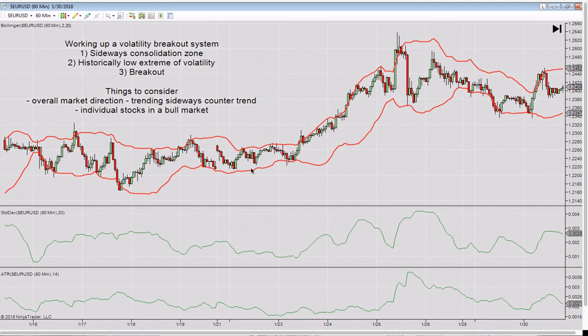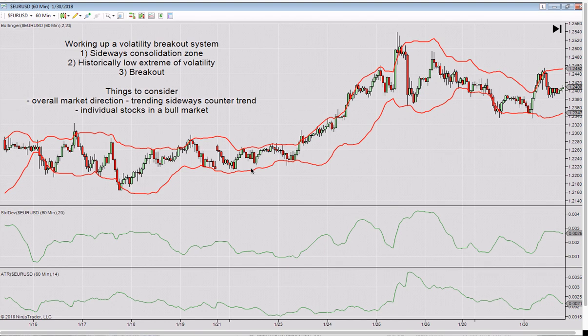Now, one of the things that I realized when I started building the system building course is that working up different types of systems is subtly different. There's specific knowledge about trend following systems, mean reversion systems, volatility breakout systems, binary option systems, intraday systems, any sort of system that you can consider. Someone who's been down the road of building a system with that edge probably has some specific information that's going to shortcut your journey. So anyway, what I'm doing is, for any sort of system that I've had anything to do with before,